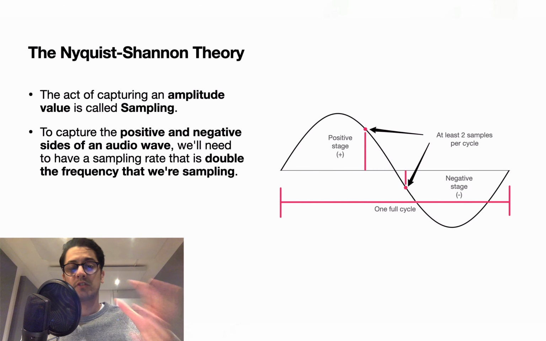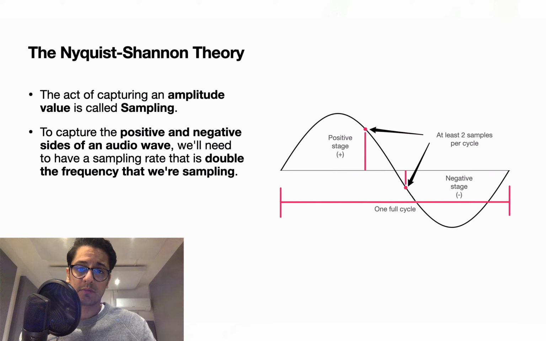If we take a sample of 20 kilohertz and a sample rate that is 20 kilohertz, we will only have one sample per completed cycle. In other words, to capture a 20 kilohertz frequency, we will need to have a sample rate of at least 40 kilohertz. Now, that basis of the Nyquist-Shannon theory then brings us to sampling rates,